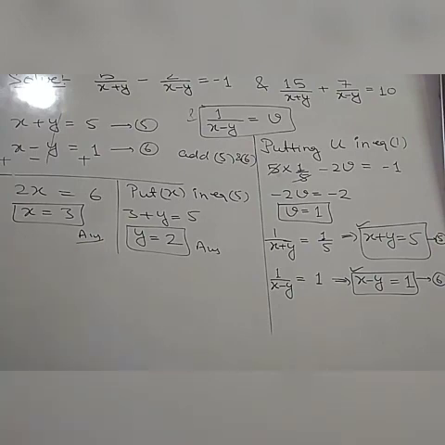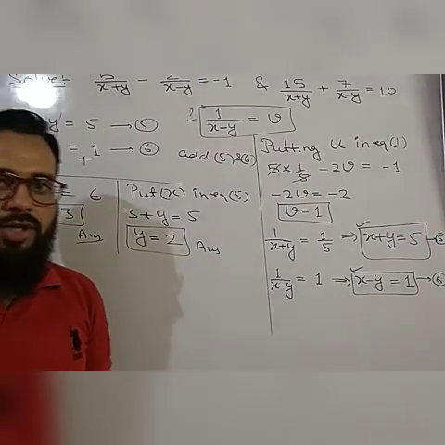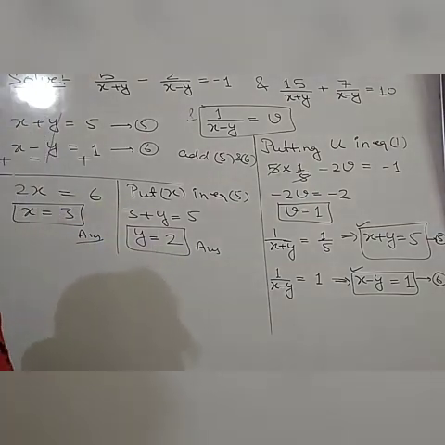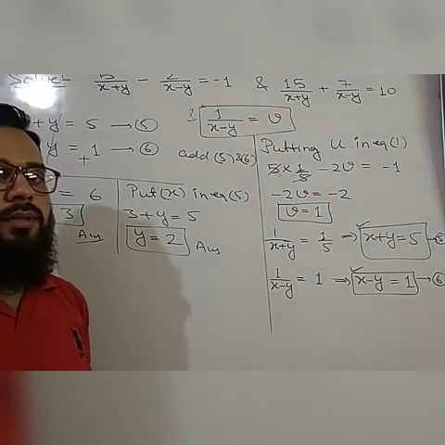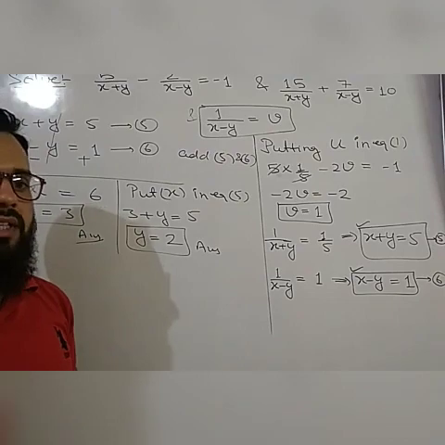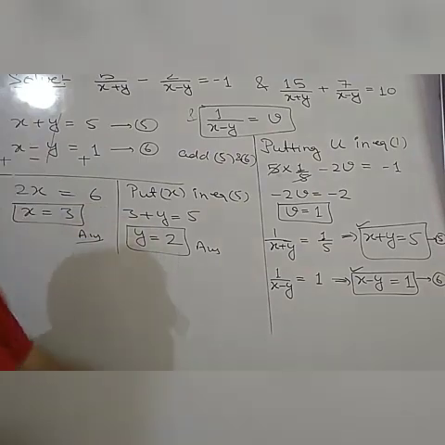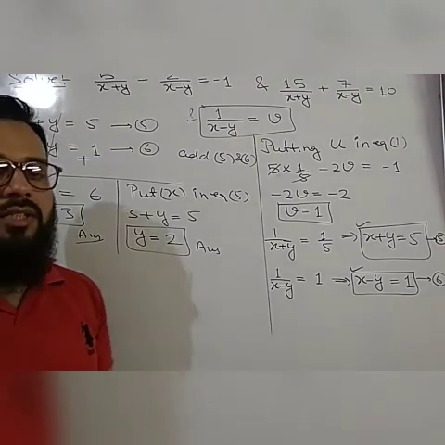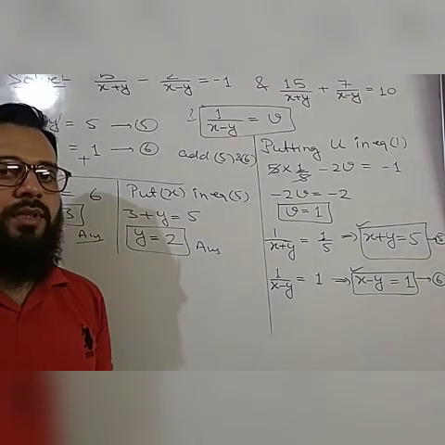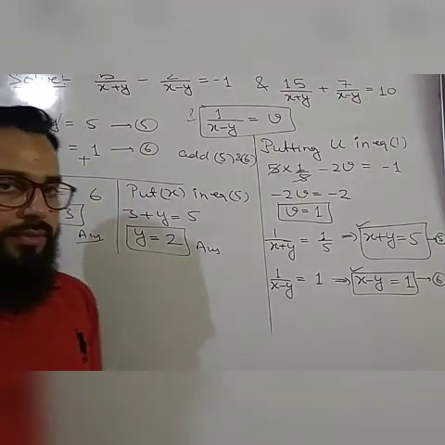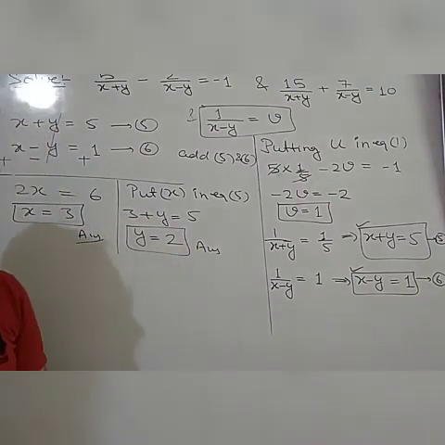Okay. So in this way, we have completed the basic questions of solving simultaneous linear equations. We have studied three methods: elimination by substitution, elimination by equating the coefficients, and then we solved questions based on equations which we have to reduce to the general form of linear equations. Okay. We will proceed further with another method in the next video.